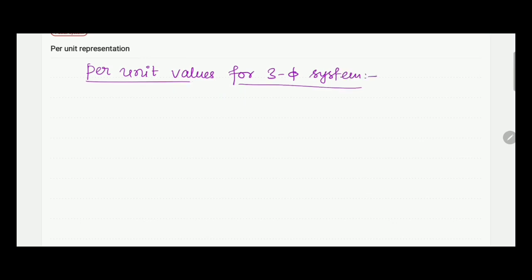Hello everyone. In this session, we will try to find per unit values for a three-phase system. As we already know, the per unit values in a single phase system are given by,